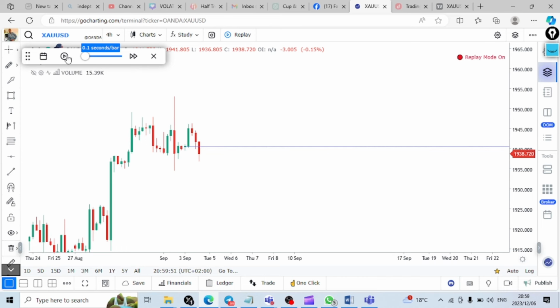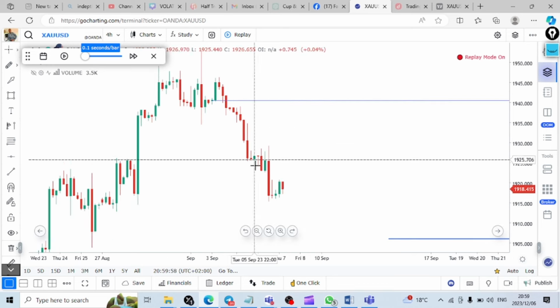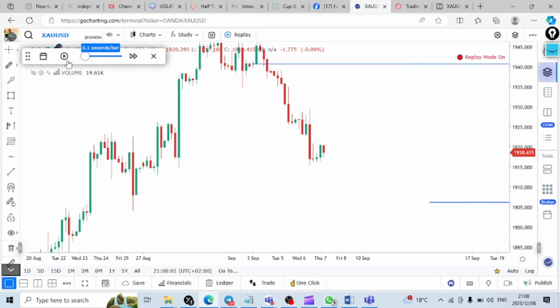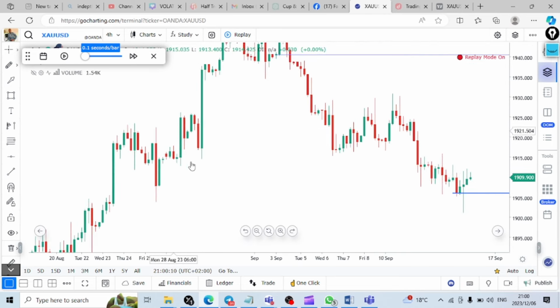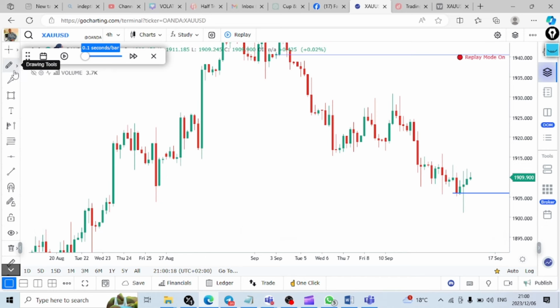Then as we can see, price came back because of the fair value gap that was there, and this displacement that took place here. And also when price was moving up, I think I told you that if you go to a lower time frame, you'll be able to see that there was a change of character. What I'm trying to say is this: at this particular level here, even here we can see price came down. Assuming that this is the previous high low that we had on our chart